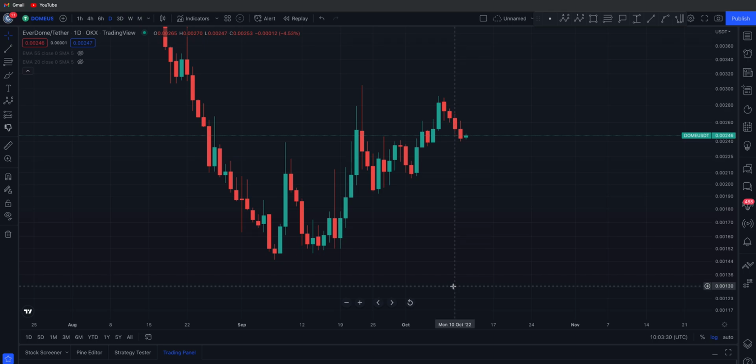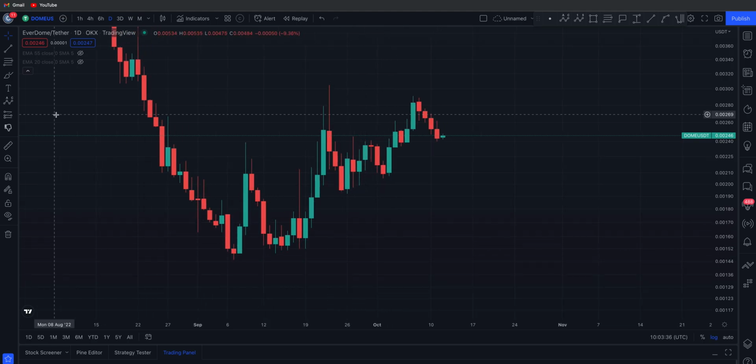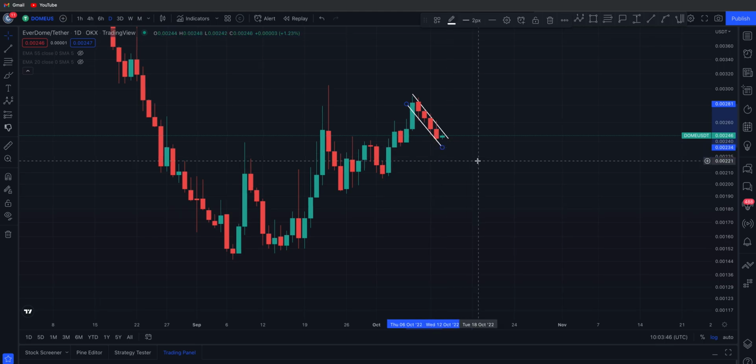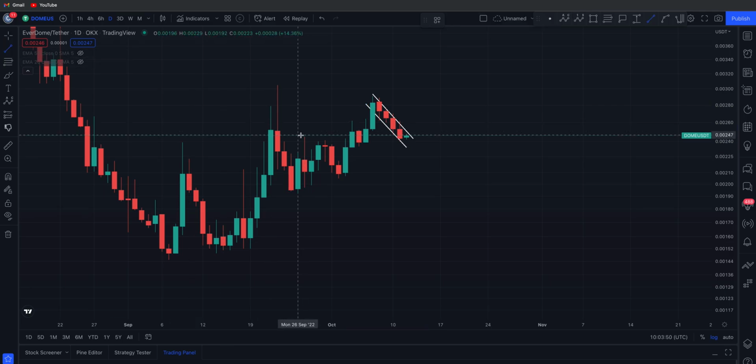Chart Nerd TA update. I'm going to be looking at Everdome today, and we're back on the daily time frame. Straight off the back, you can see that Everdome, from this local high, is pulling back in some sort of channel here on the daily time frame, where it's caught between support and resistance. We'll look at the smaller time frame shortly, but I did basically say, guys, potentially what's